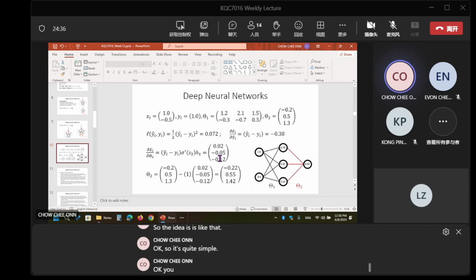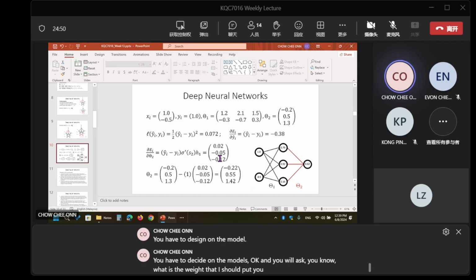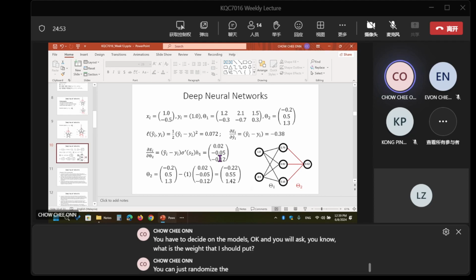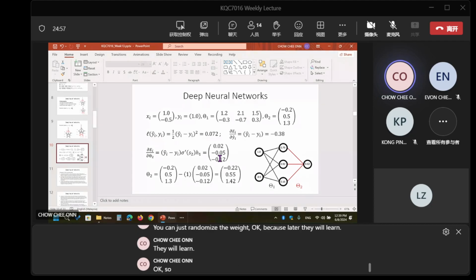You have the training data, input and output. You put the input into a model. You have to design and decide on the model, and you ask, what weights should I put? You can just randomize the weights, because later they will learn, so the initial value is not important.